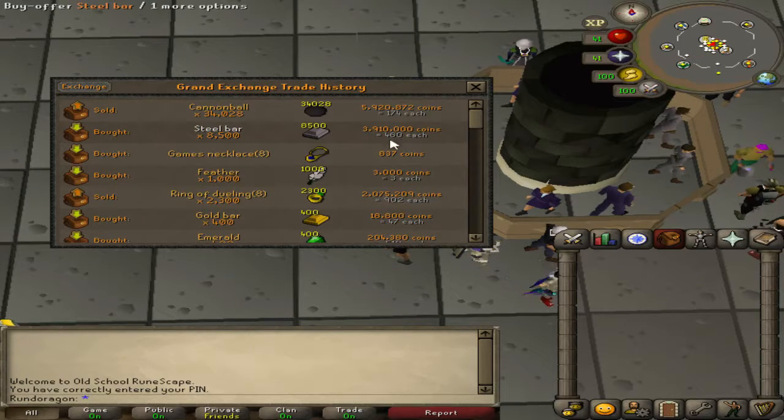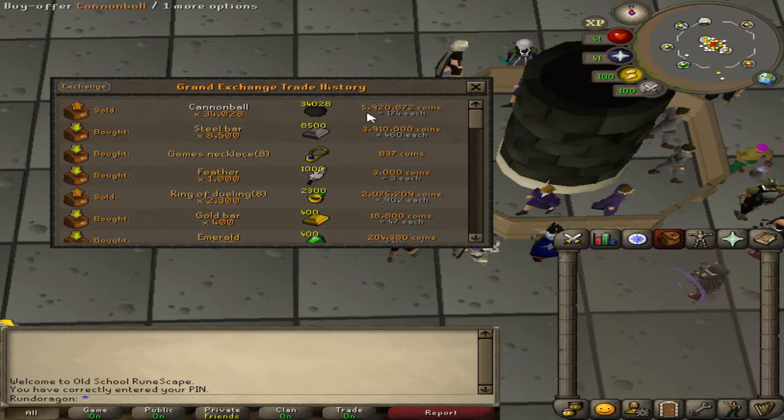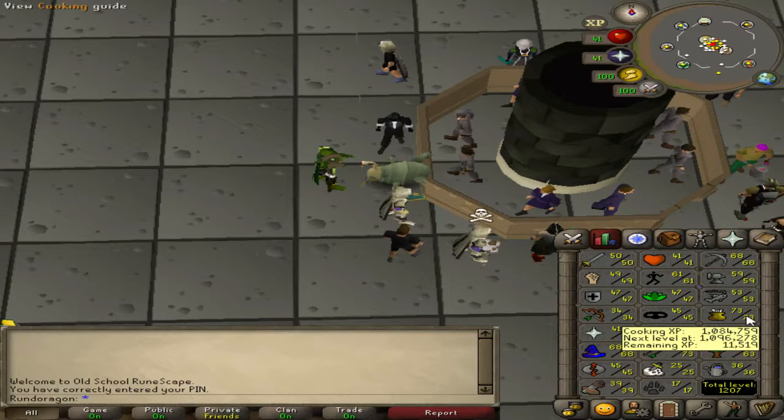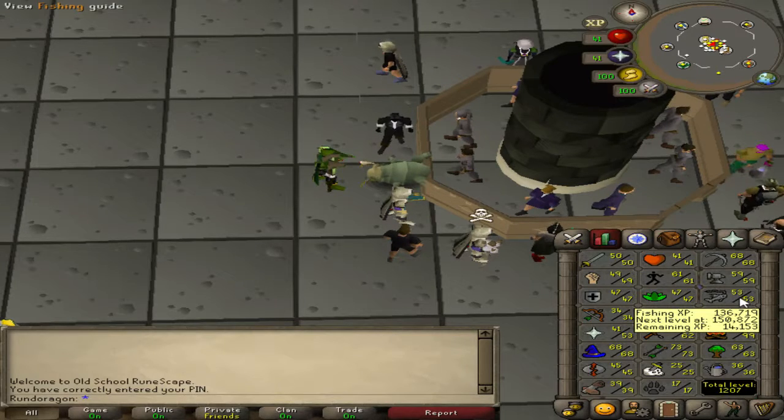And then, as I mentioned in the last clip, I did buy a bunch of steel bars with basically my whole cash stack, and then I took like 2 days, I think, just crafting cannonballs for hours and hours on end. Over 12-hour grind here. Maybe I'm exaggerating a little bit, but definitely took a long time, and I made a lot of profit,